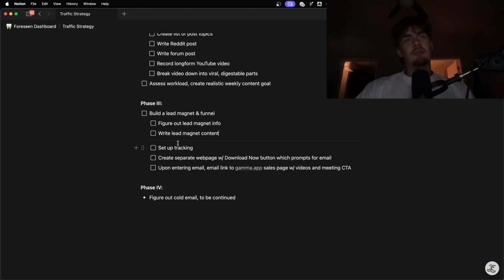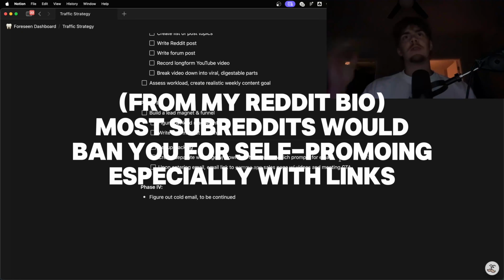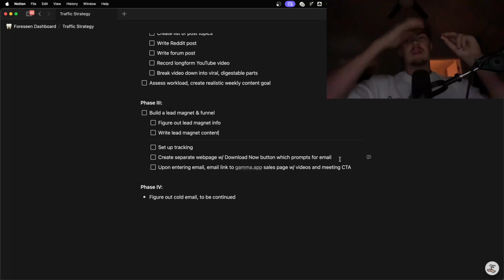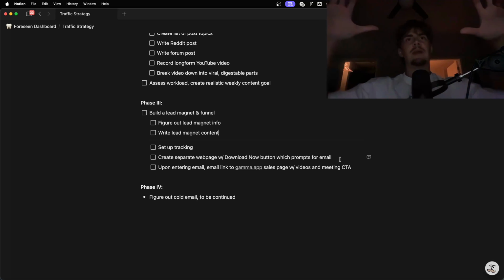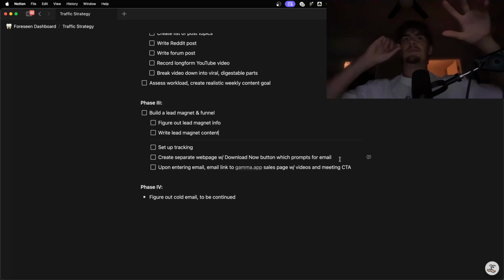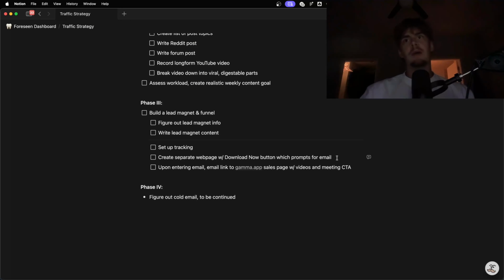So set up tracking for the lead magnet, and then create a separate web page with a download now button, which prompts for email. Instead of, if somebody clicks on my link, let's say in a Reddit post, and visits my main website, it would be kind of weird to take them straight to a sales page. But if that website has its own little separate page that says here's the ebook, download now, you click download now, it prompts for email, you fill out your email, and I autonomously send an email,